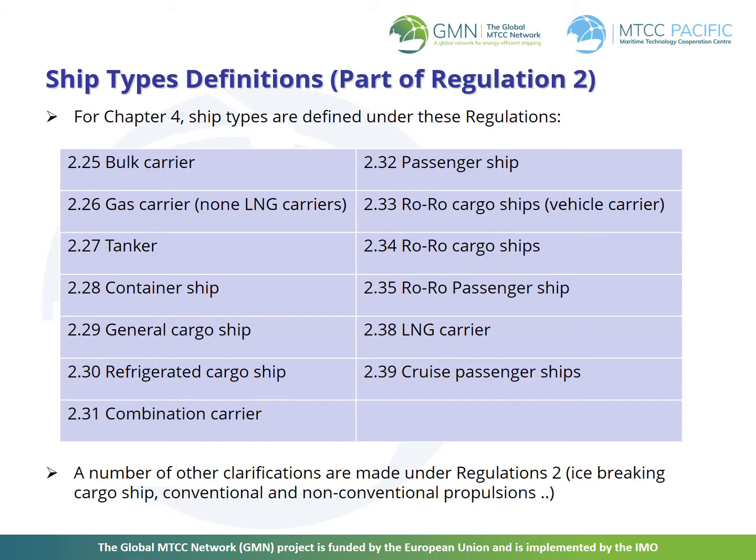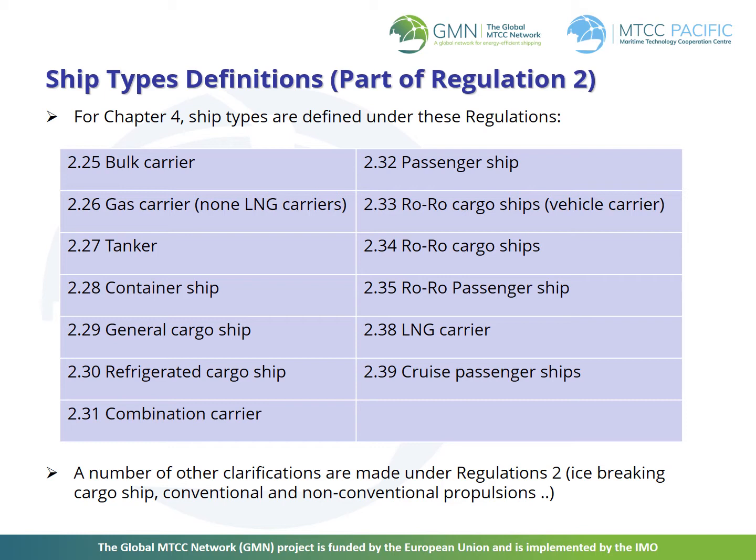Some ship types, for example shipping vessels, are not yet part of the EEDI regulations. The following list provides the ship types that are currently required to comply with attained EEDI regulation. They are 2.25 bulk carrier, 2.26 gas carrier, 2.27 tanker, 2.28 container ship, 2.29 general cargo ship, 2.30 refrigerated cargo ship, 2.31 combination carrier,